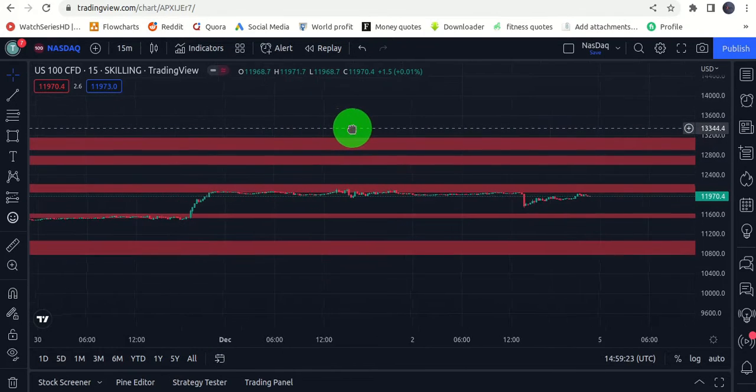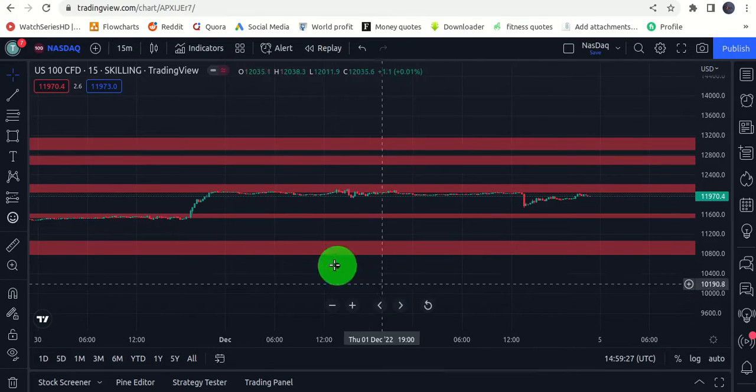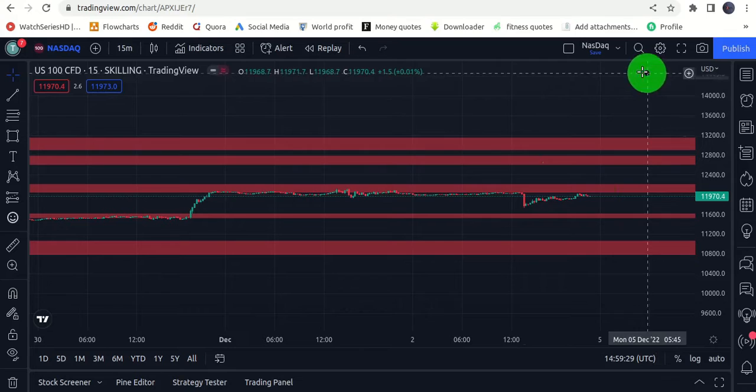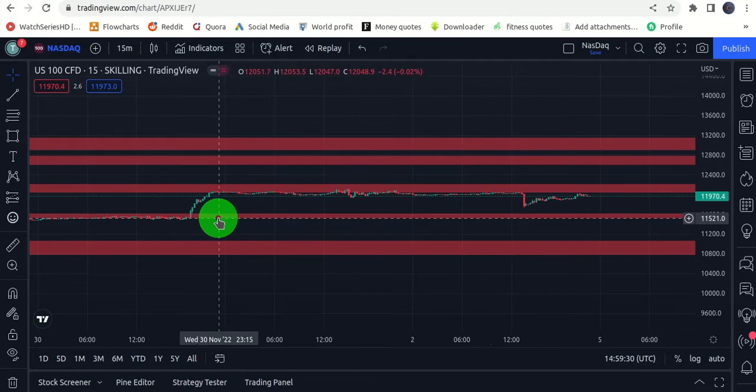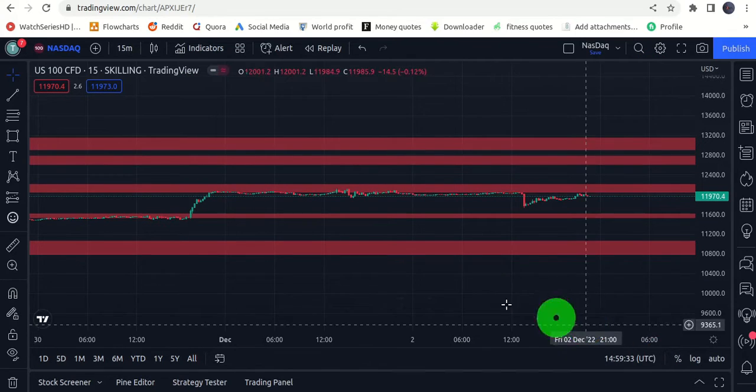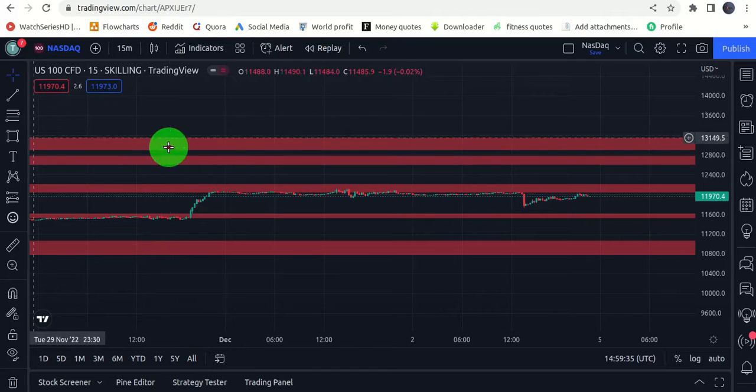So this thing is just giving me problems. How do I go about zooming? Okay,